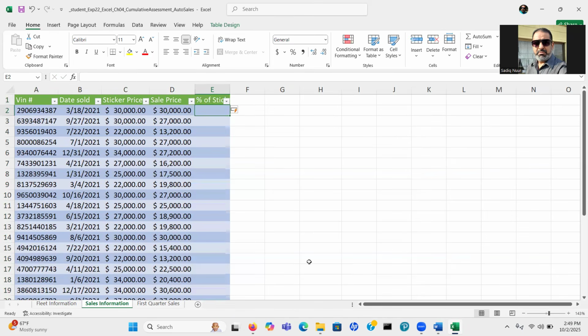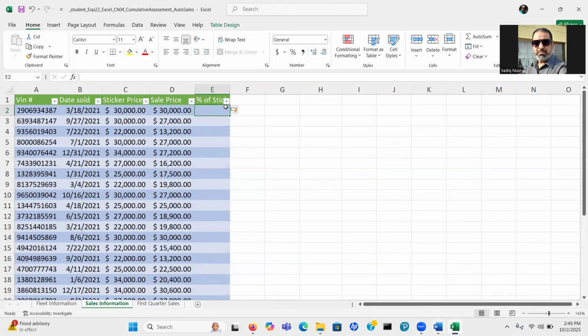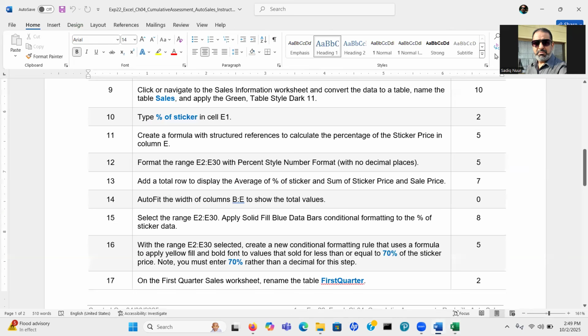When you press the Enter key, it's gonna give you the same design of the table. So, Percentage of the Sticker. Perfect.